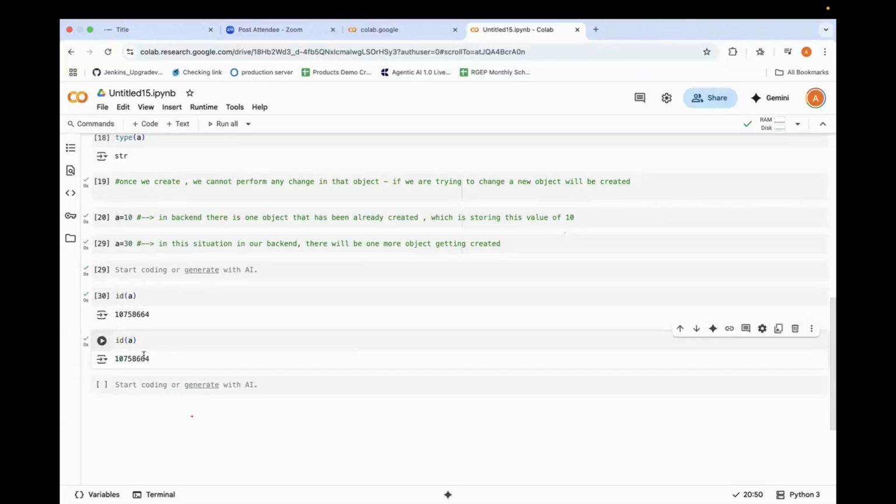What happened? We just updated the value of the same variable which was created before. We updated that object, and updation can happen in the same variable. But if you want to create one more variable and assign the same value, a new object will be created.